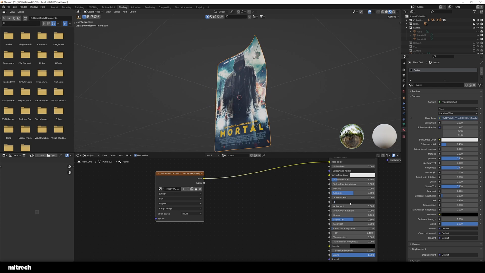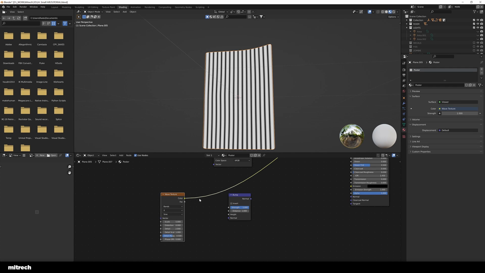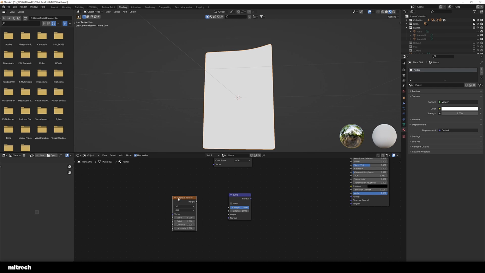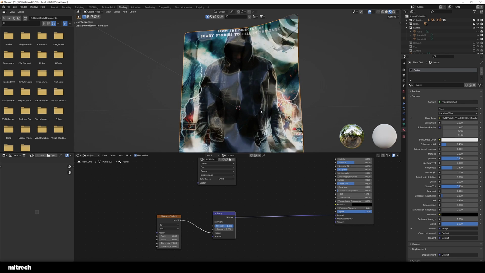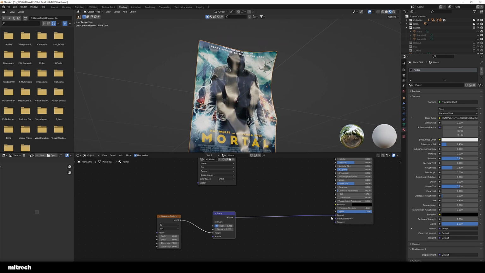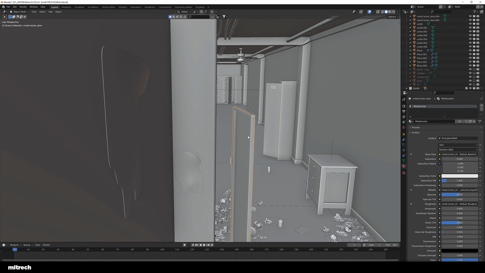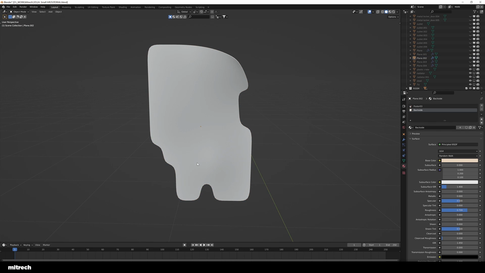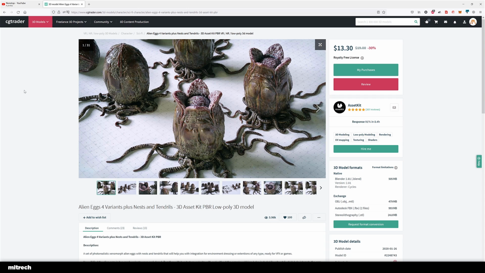Alright, so maybe you've seen this in one of Ian Hubert's tutorials, but you can use a Musgrave texture, right? You can use that Musgrave texture, feed it through a bump node and feed that into the normal map input, and you're going to get this interesting look on the posters, which is a nice detail, right? So around here we have a special thing, which is, well, it's just me hiding in the back.